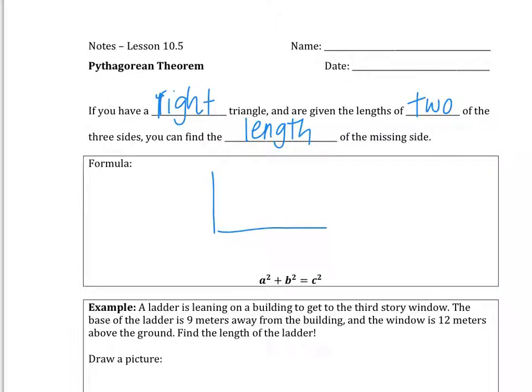So if you have a right triangle and you have sides A, B, and C, that little box right there means it's a right triangle. If you know two sides, let's say you know what A is and B is, you can find C by using the Pythagorean theorem. A squared plus B squared equals C squared. And your C